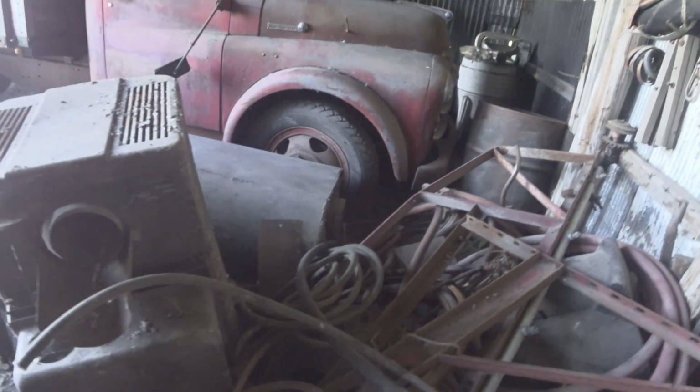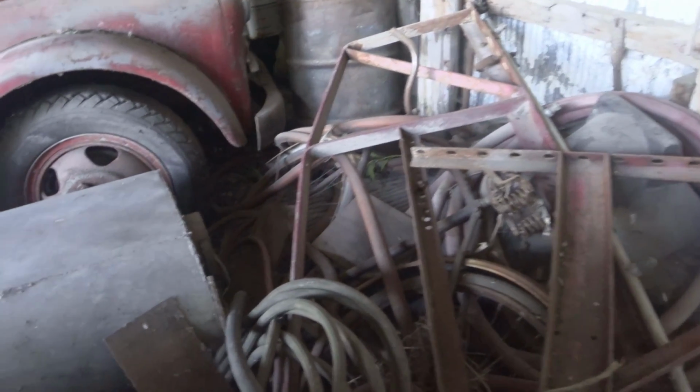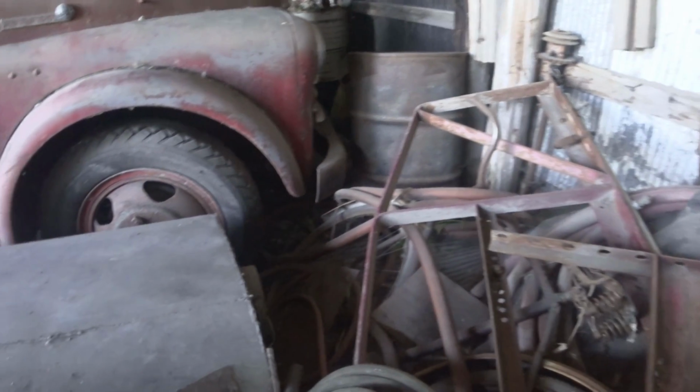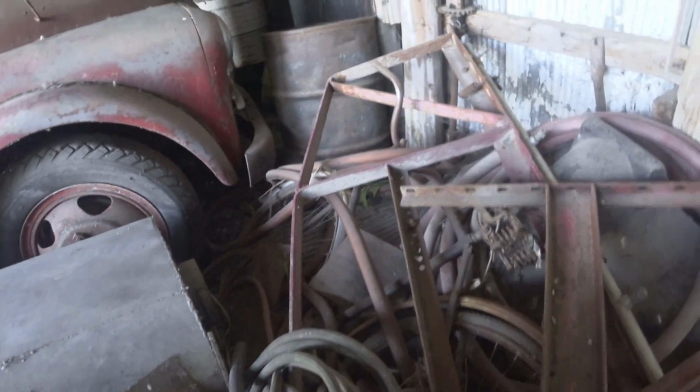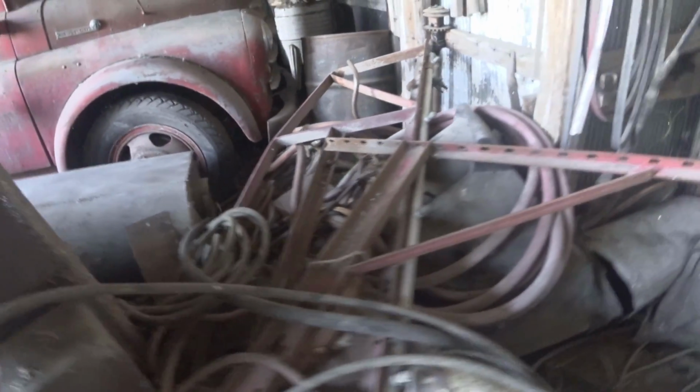There's an old bicycle in there. I'd like to know the name on that. Maybe it's a BSA. I don't know. The frame kind of looks like a BSA. There's a way you check though to see if it's a BSA. If you look,